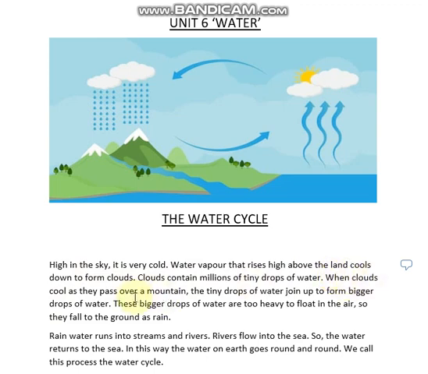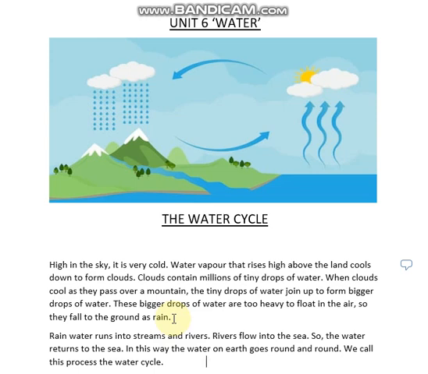When clouds cool as they pass over a mountain, the tiny drops of water join up to form bigger drops of water. These bigger drops of water are too heavy to float in the air, so they fall to the ground as rain. Yes, this is all about the water cycle.